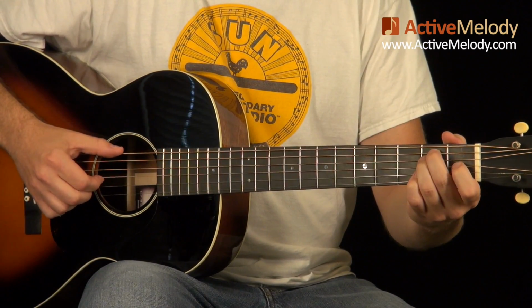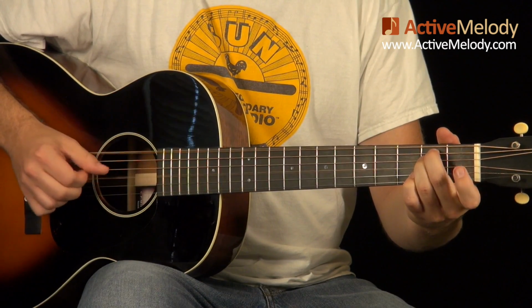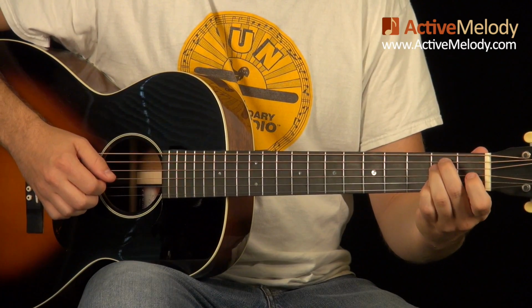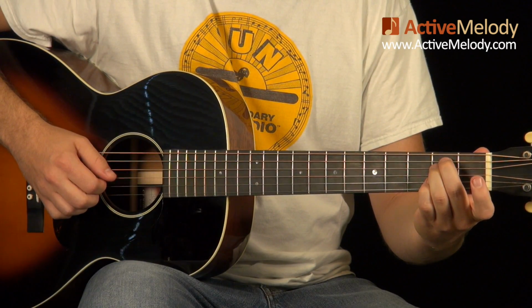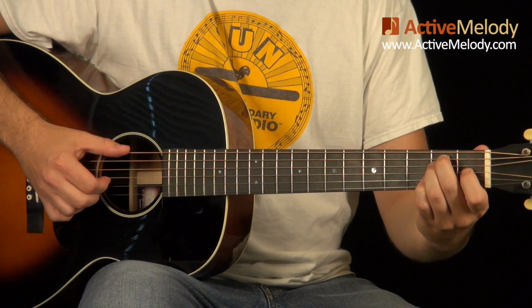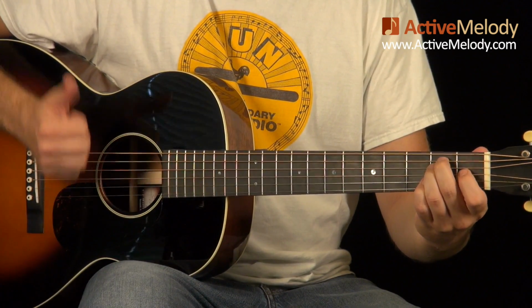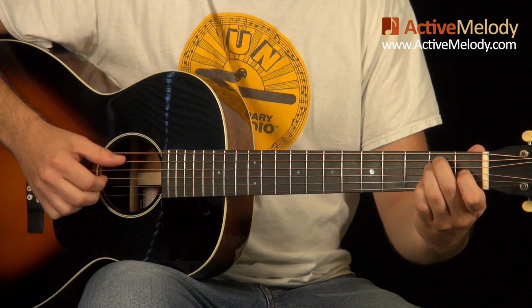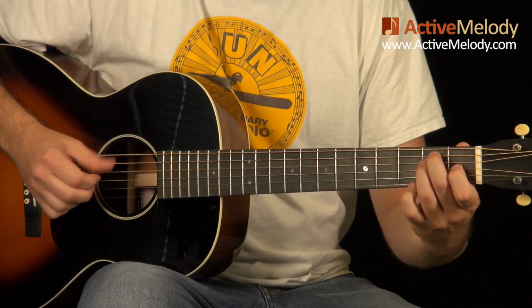Now watch this little part. It's very easy with the left hand. All I'm doing is keeping that E chord. I'm just lifting my index finger, and I'm playing a hammer on. I'm hammering it onto the 1st fret 3rd string. Notice when I do that though, I use my thumb on the 6th string at the same time. So we have from the beginning,